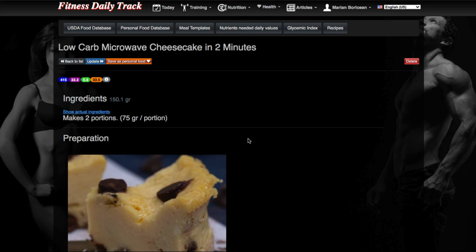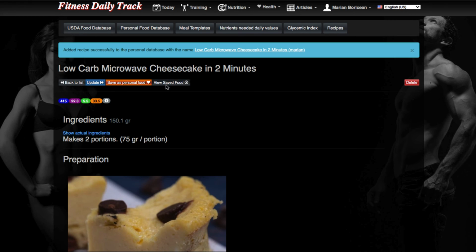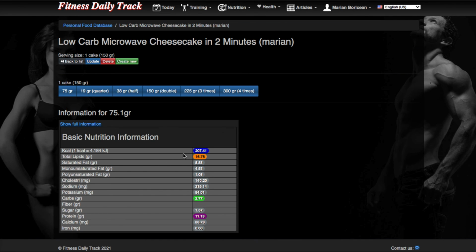You can see we have this option to save as personal food. Right now the recipe is not part of the database where you can add it to your meals. So you have to click on this button and this will create an entry, as you can see, with all the details of this resulting product.